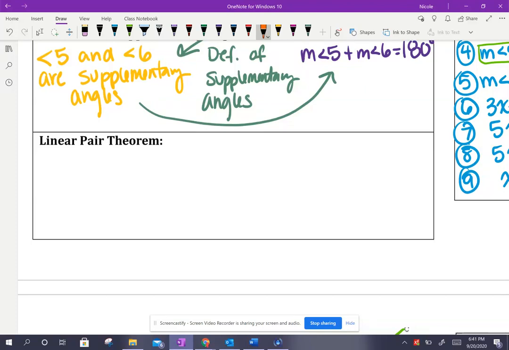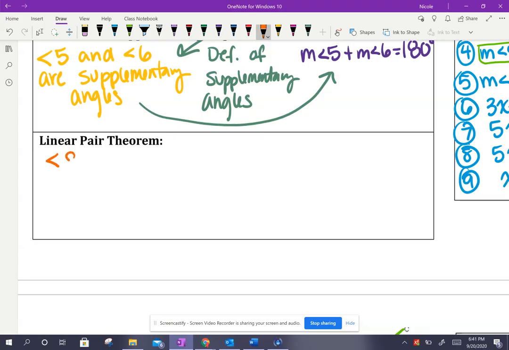We have one justification left, and it's the linear pair theorem. We know what linear pairs are. We have talked about them. They are angles that are adjacent and supplementary. And so the linear pair theorem, if you're provided with information in your given that says something along the lines